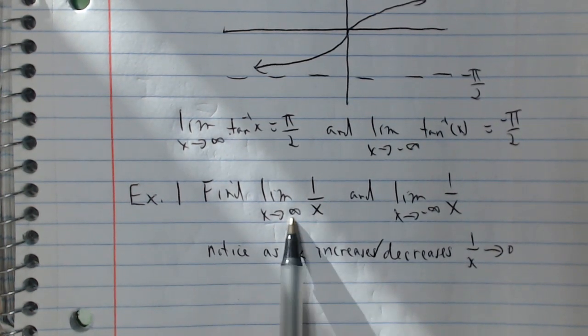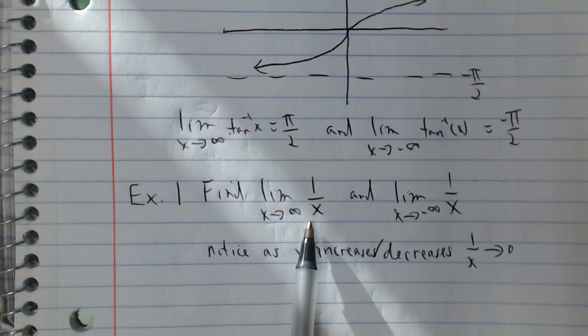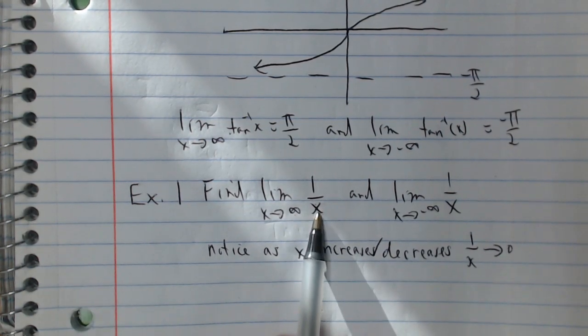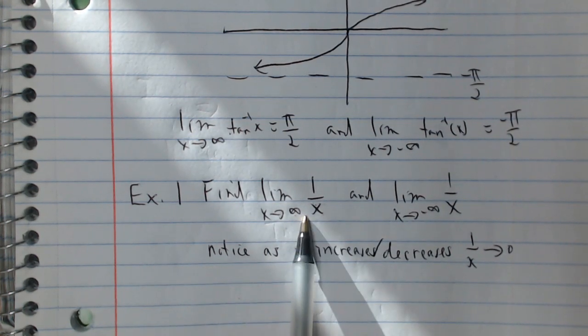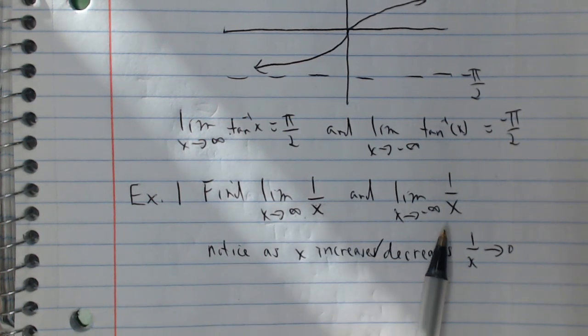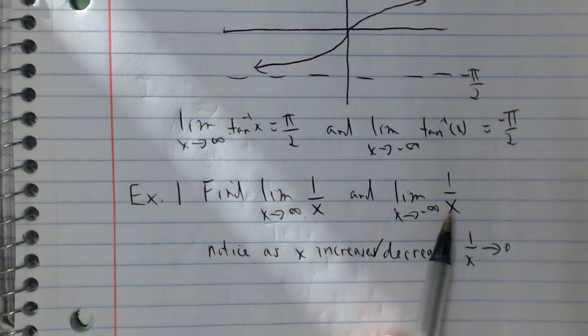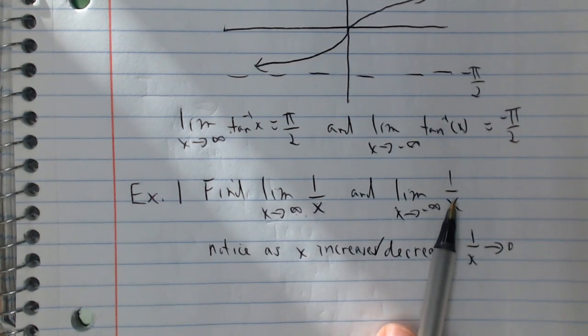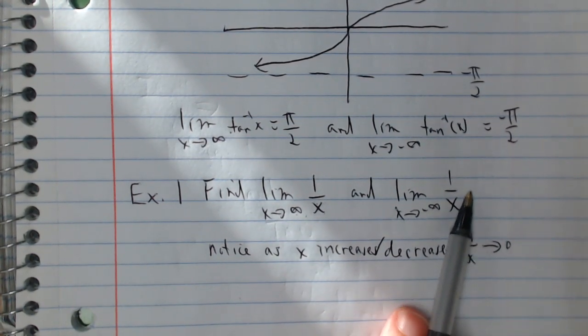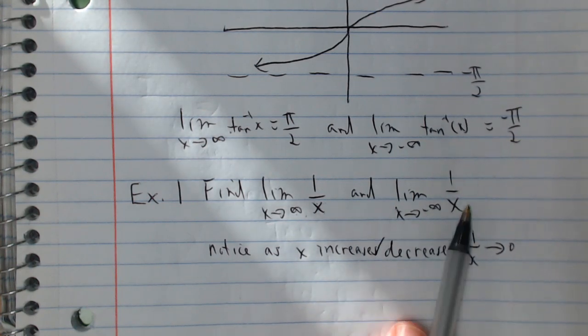So if this is getting infinitely large, if x keeps getting larger and larger and larger, then 1 over x keeps getting smaller and smaller and smaller. And the smaller you get, the closer you get to 0. And for the negative infinity case, it's the same thing. If you think about it, if it's negative 10, negative 20, negative 30, what's happening? This is getting closer and closer to 0, except the difference between these two is this